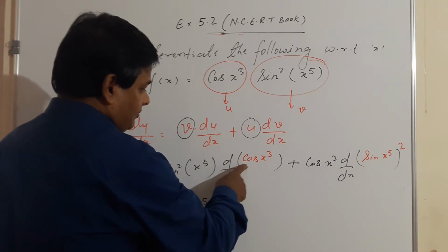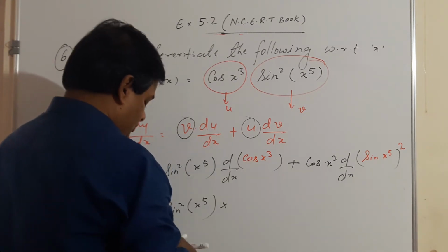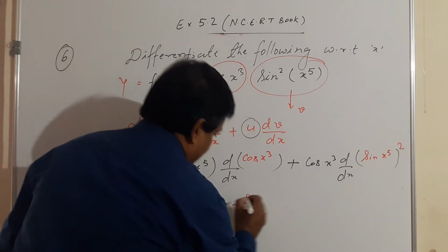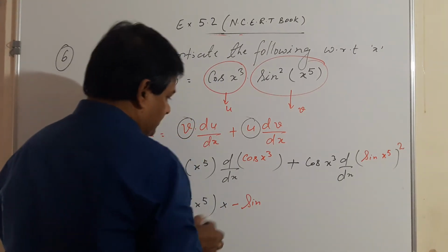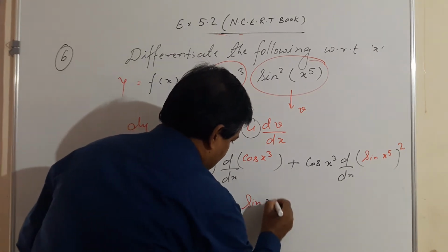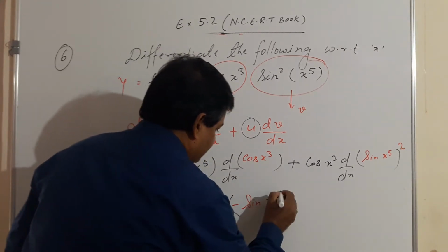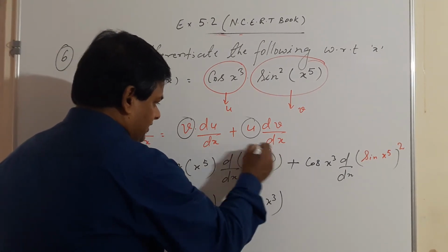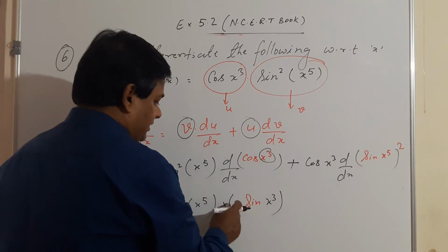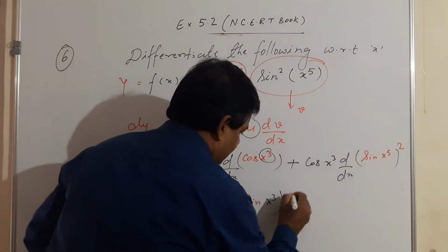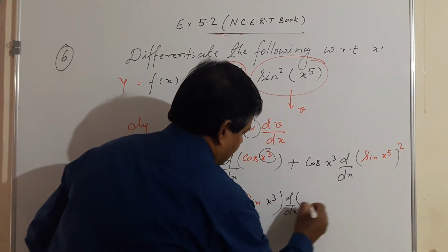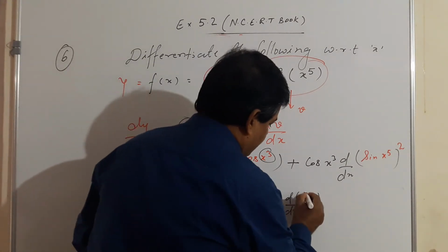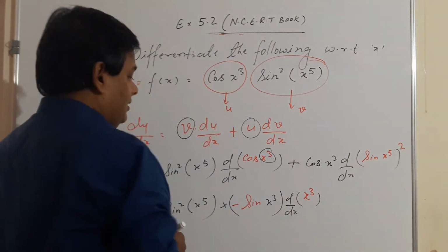Differentiation of cos is minus sine, so minus sine, and x cube will be as it is. Suppose this is z, so differentiation of cos z is minus sin z, then after differentiation of z, z is your x cube, plus